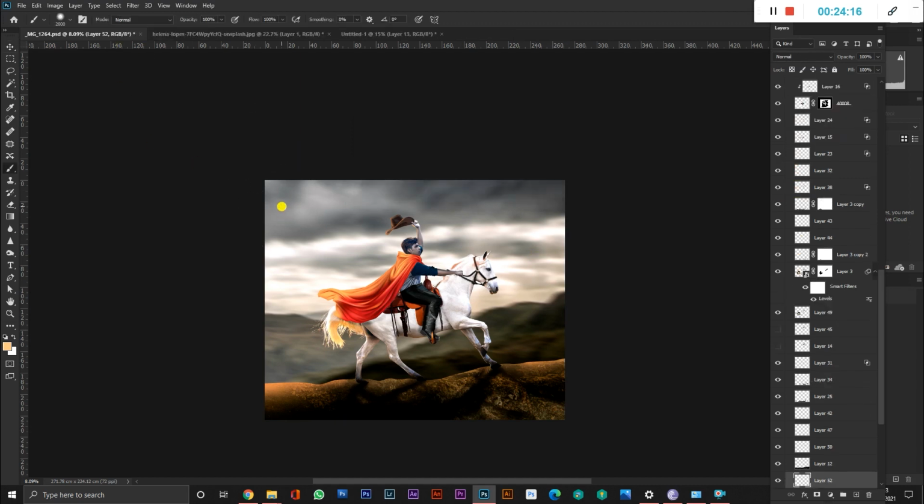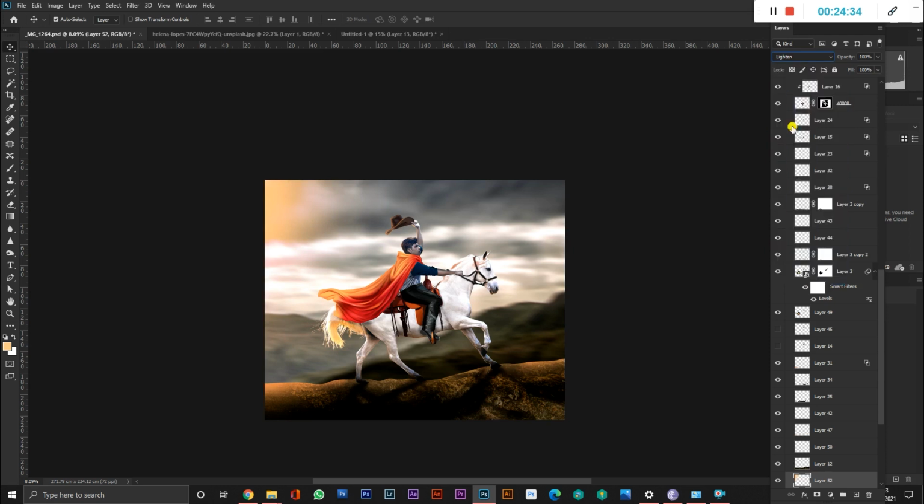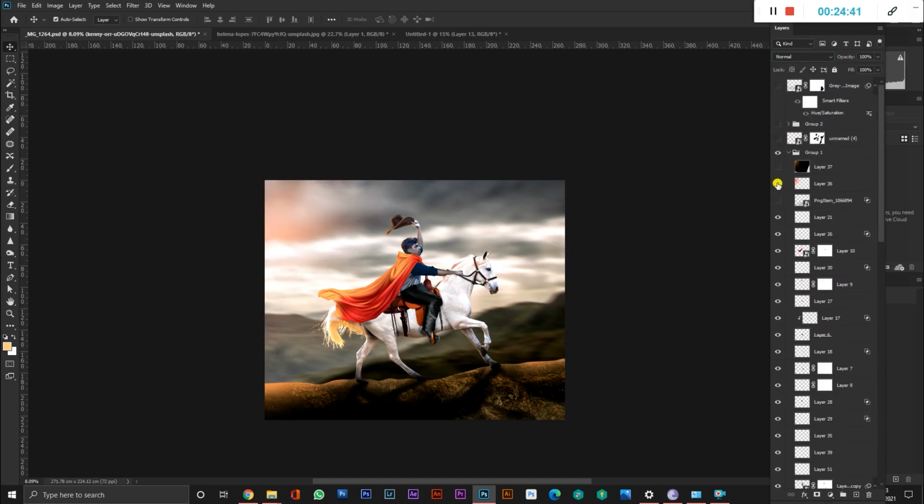Once you're satisfied with this, then you should understand that we need lighting that is connected to where the horse is running. So for that sake, you need to take a brush tool and then just go to the corner where the light is falling. Just put the brush tool there and click, so you can get a gradient of light, that light source, that sunlight coming in. Or else you can even use a lens flare.